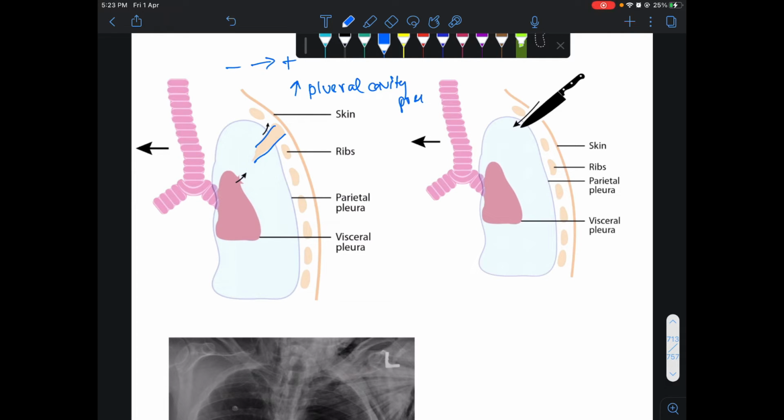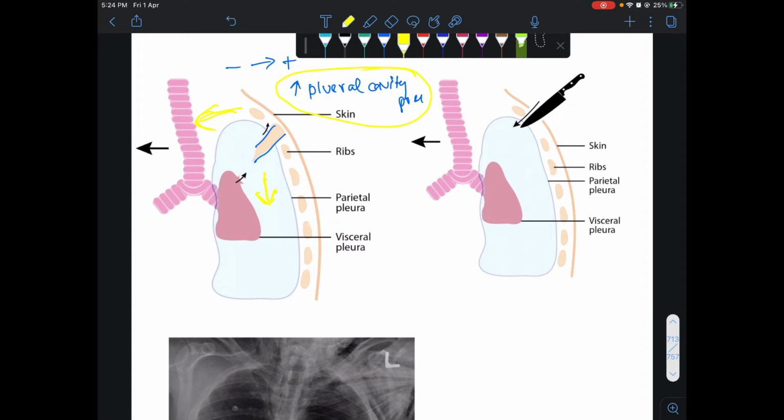Upon inspiration, intrapleural pressure on the collapsed lung will be increased, and this causes the deviation of the trachea away from the affected lung, because pleural pressure will be so much increased that it will be pushing the trachea away from the